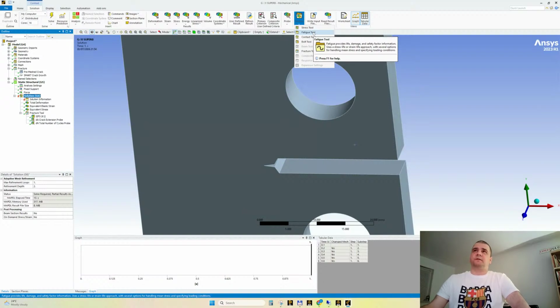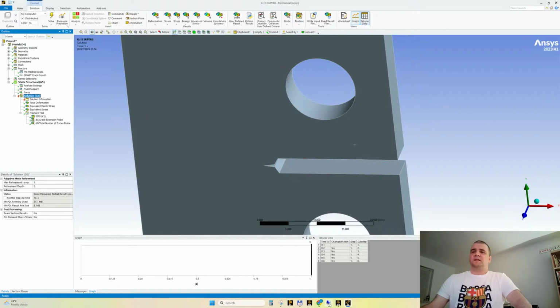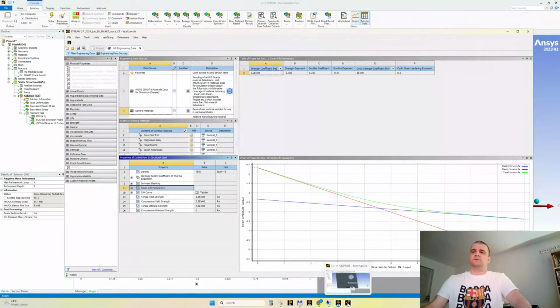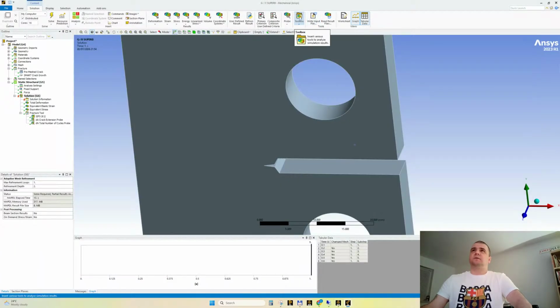Everyone and their mother and their dog are showing it on YouTube, for how many cycles it resists. It's not as simple as everyone says, but what I was talking about is we need these two for that tool, for the fatigue tool. This is why it's given by default